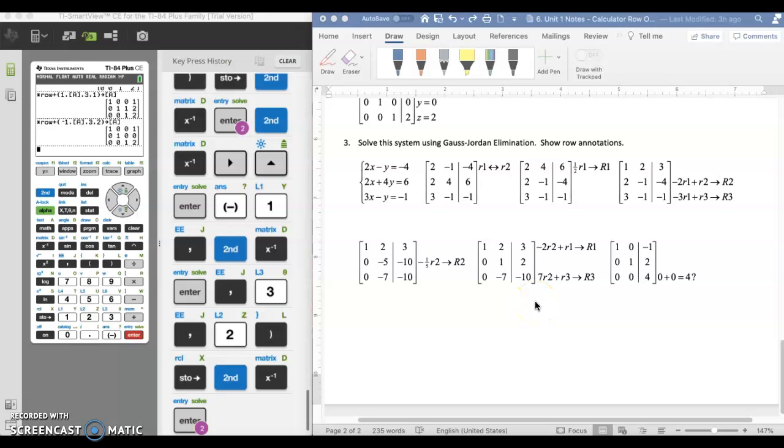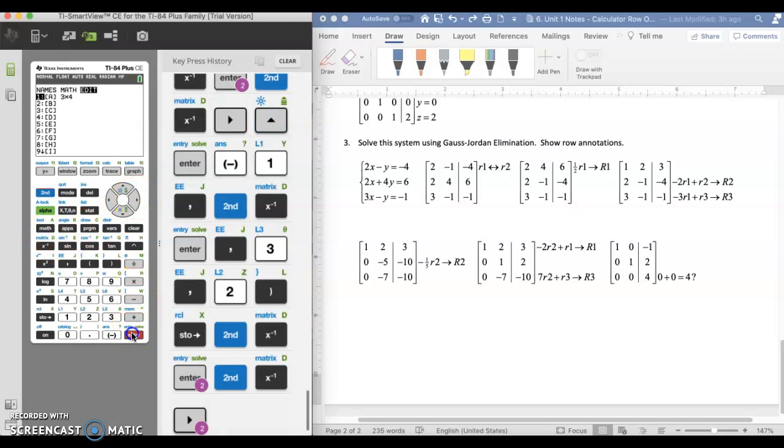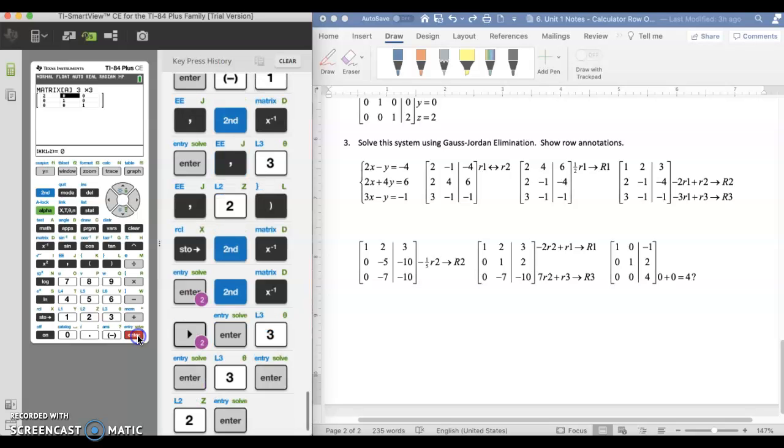Okay, this is just another example of performing row operations on a graphing calculator to solve a system with Gauss-Jordan elimination. So I'm going to just pick up from where my last video left off by going into my second matrix menu and editing the matrix that I was working with because I don't need it anymore. And this time I need 3 rows and 1, 2, 3 columns. So I need to have a 3 by 3,